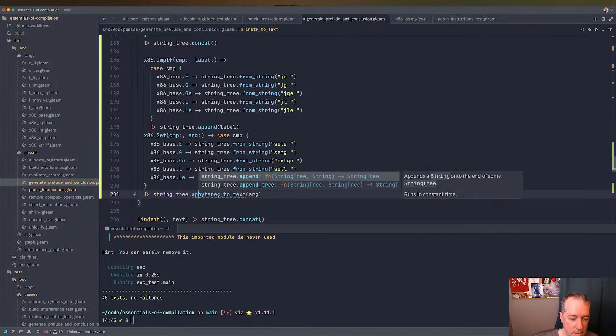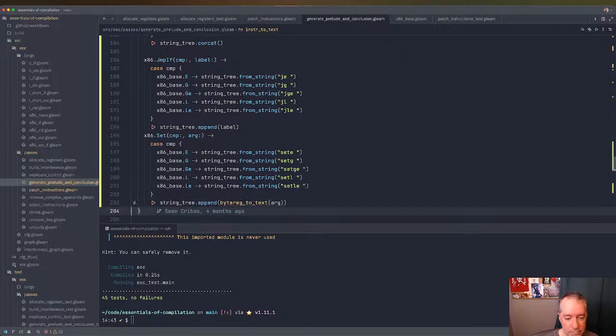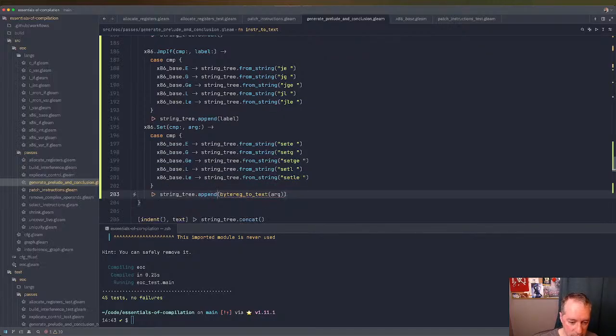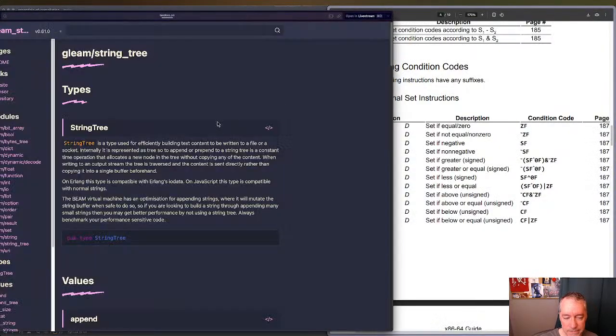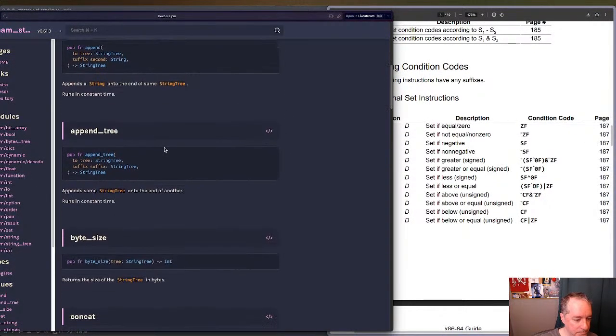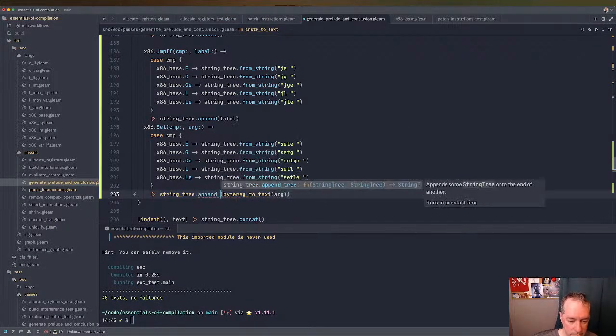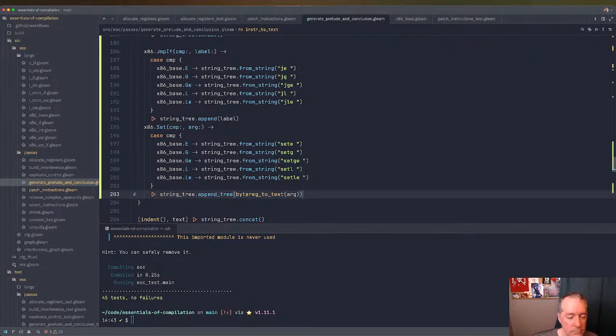String tree append. I'm sorry, I don't need append. I want, let's look at string tree in the documentation. Append tree. Okay,